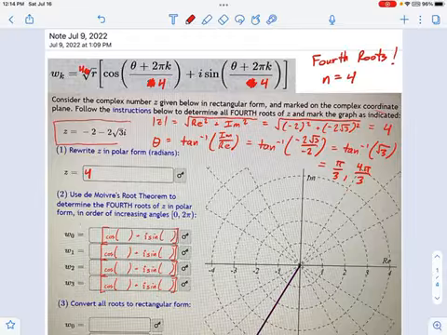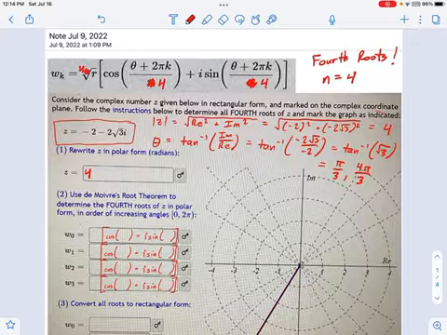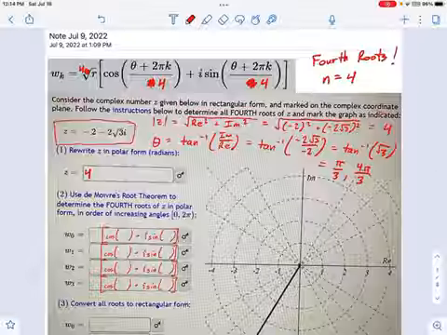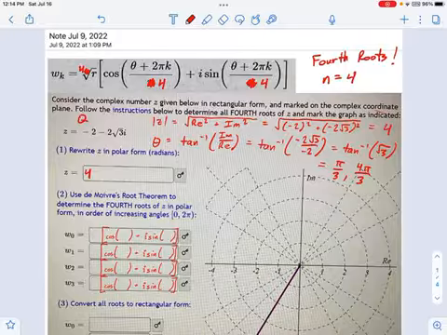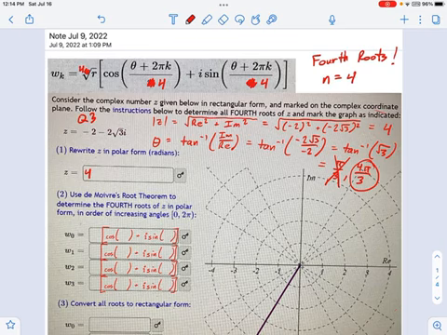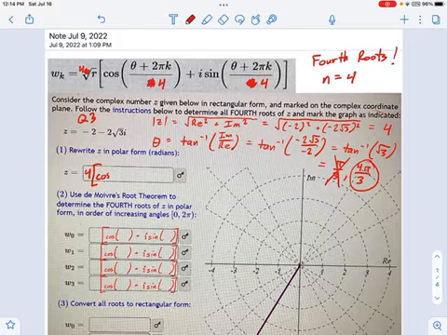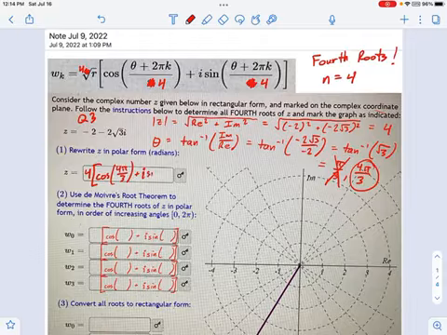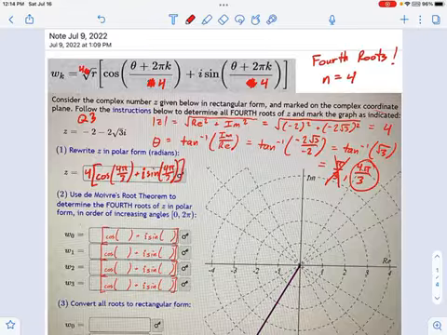If you look back at z in rectangular coordinates, this is saying left and down. To me, what that means is quadrant 3. So here's my angle, 4 pi over 3. It's not pi over 3. All right? So to write this in polar form, I would say, great, cosine of the angle, 4 pi over 3, plus i times sine of that angle, 4 pi over 3. There we go. That's my polar form of the complex number.